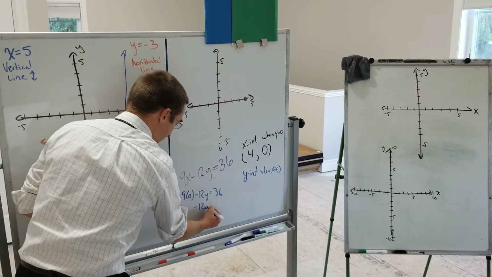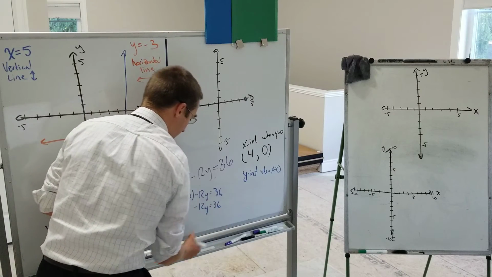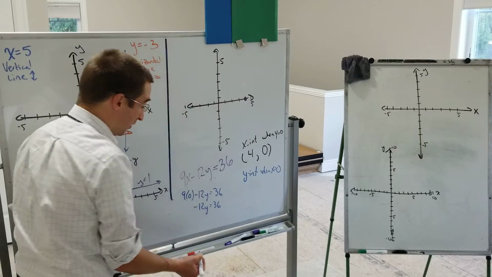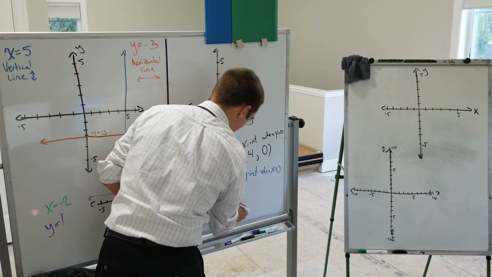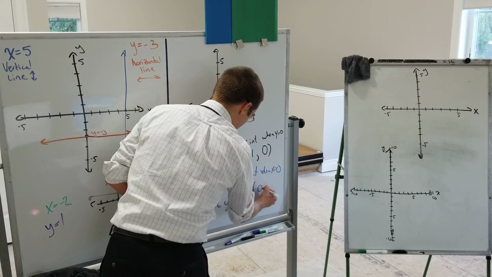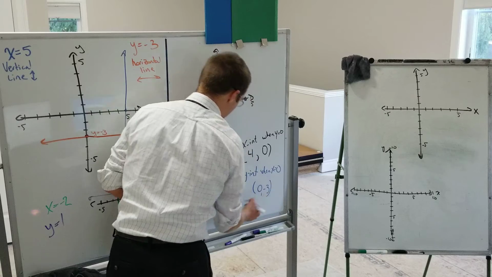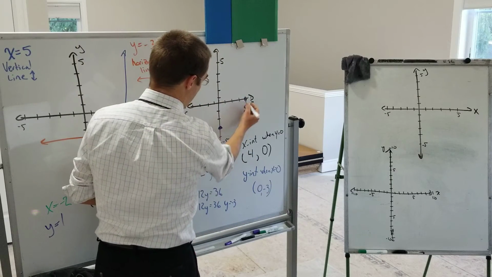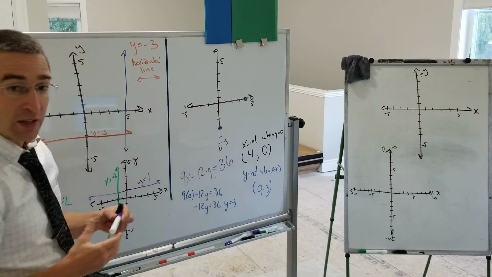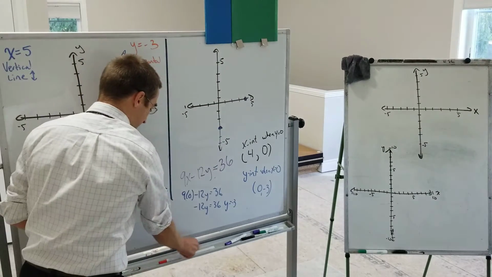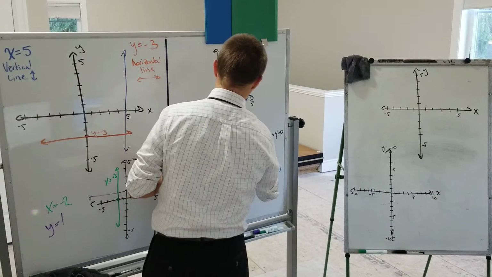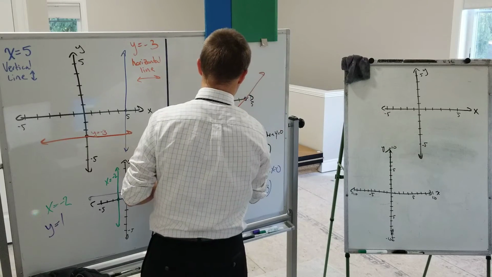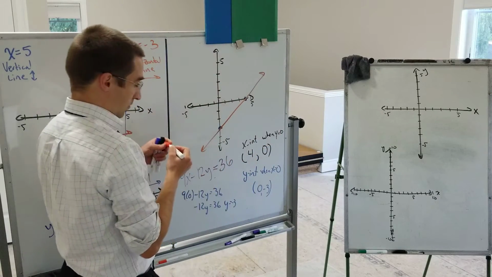This gives me negative 12y equals 36. I'm going to divide by negative 12 on each side, and I'm going to get y equals negative 3. So I get the point 0, negative 3 right there. Now I have 2 points, and I'm going to sketch a line through it. So there we go. That's it. We got the graph